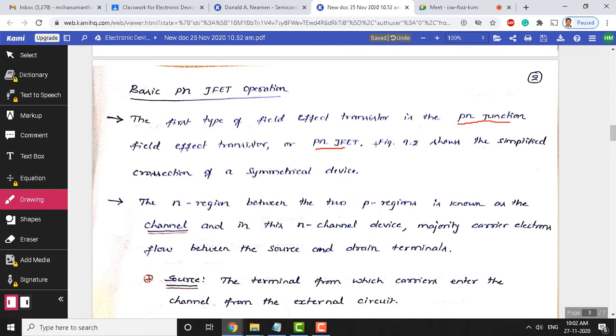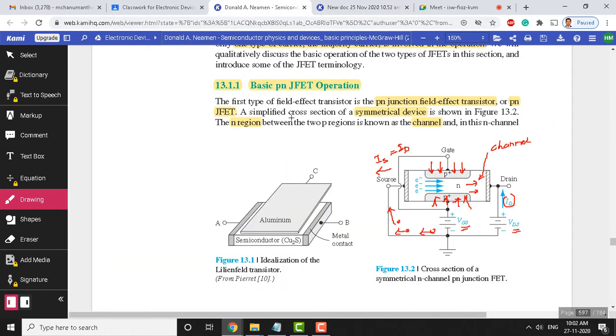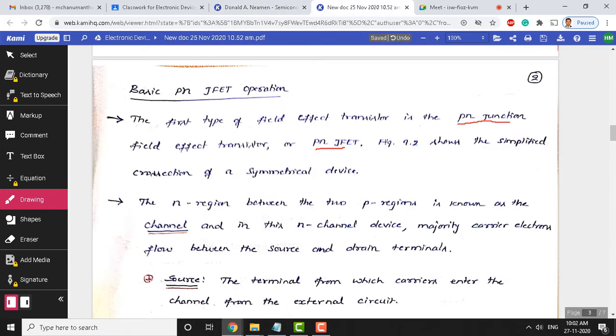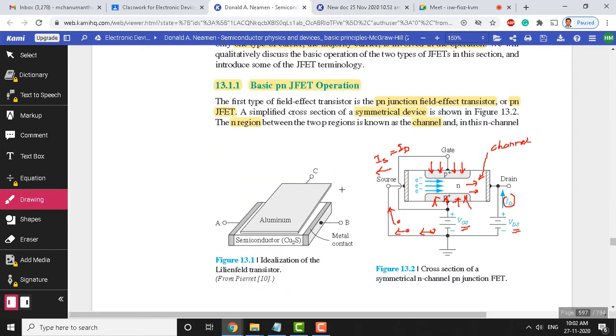Don't worry about figure numbers here. Figure numbers are a little different from what you see in the textbook. Since it is a new edition, the international edition, the figures have changed a little. The one which I am referring to as 9.2 here corresponds to 13.2 in your book. So, that is the difference here. Just make that substitution, so it will be easy for you to understand.